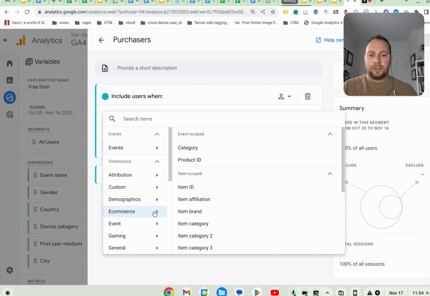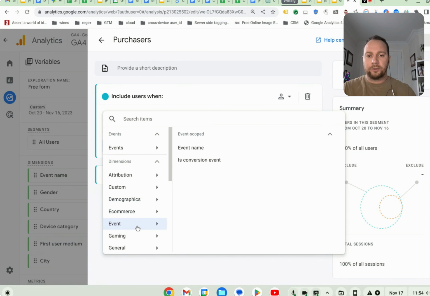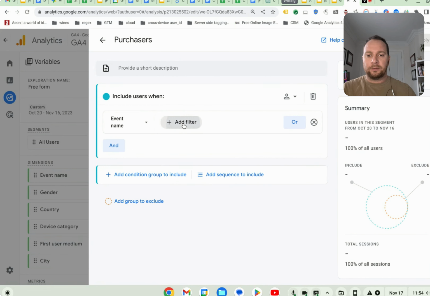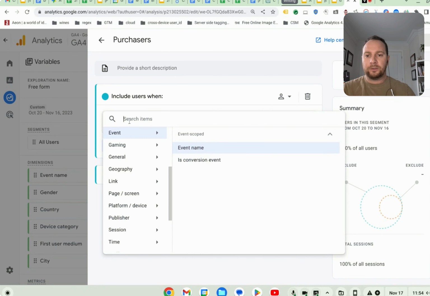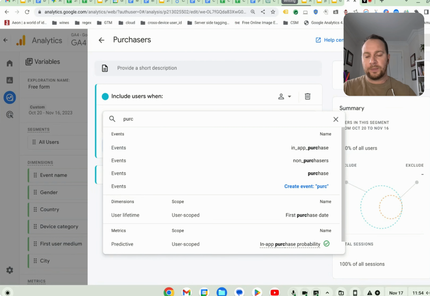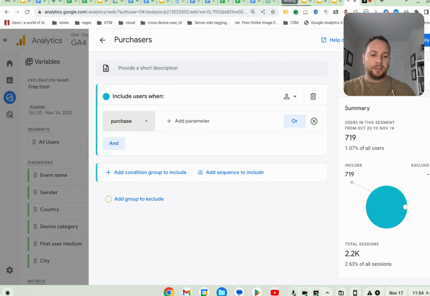All right, under e-commerce, you can look over here. Nope, that's not what we want. How about under events? You can say event name. Even that's not what I want. What I'm going to do is go here to search. I'm just going to type in purchase. Yeah, so there actually is an event that fires, and it's called purchase. So when somebody buys something, an event fires with the name event, and then the value is purchase. You can just leave it like that, and that will show you